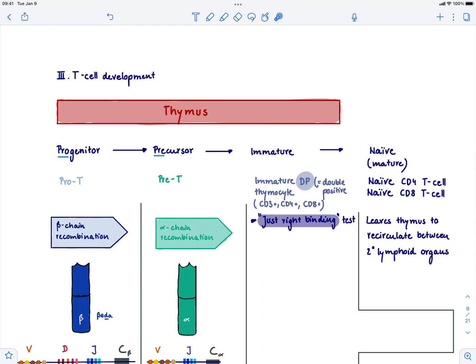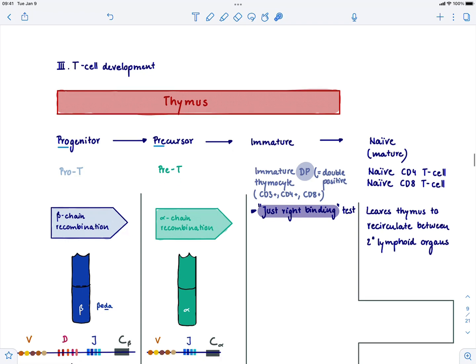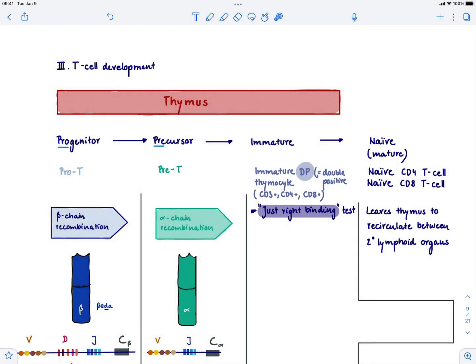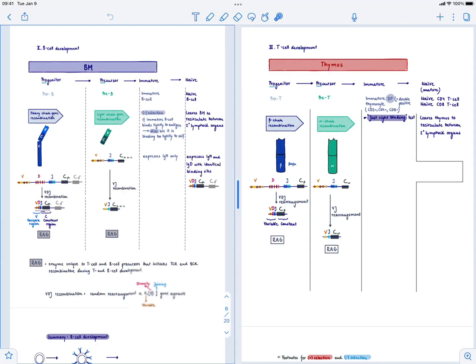So let's look at the T cell development. The T cell development happens in the thymus. T for thymus. And if we compare B cell and T cell development side by side, we can clearly see